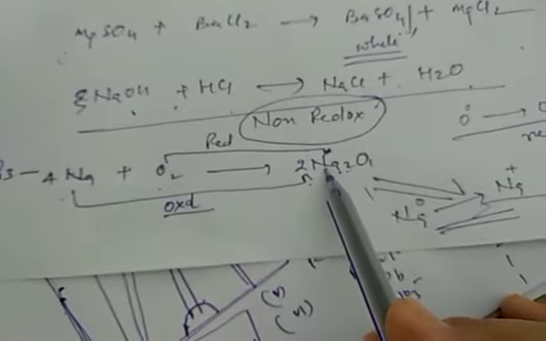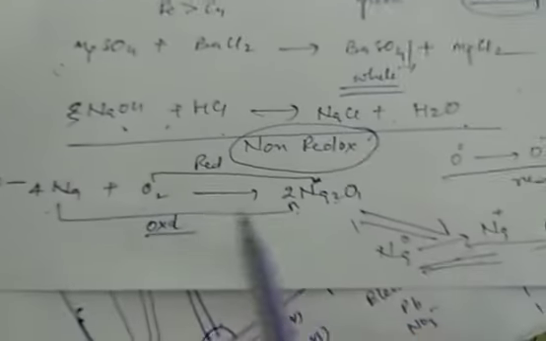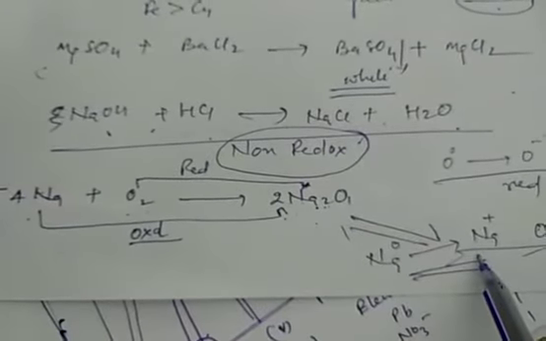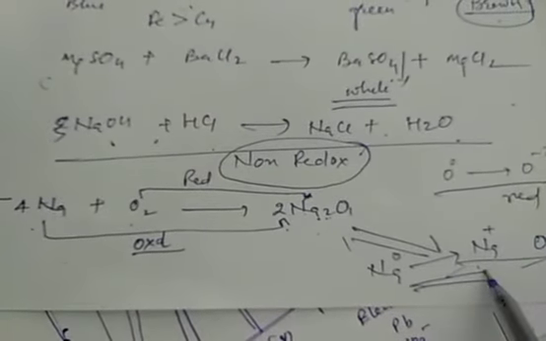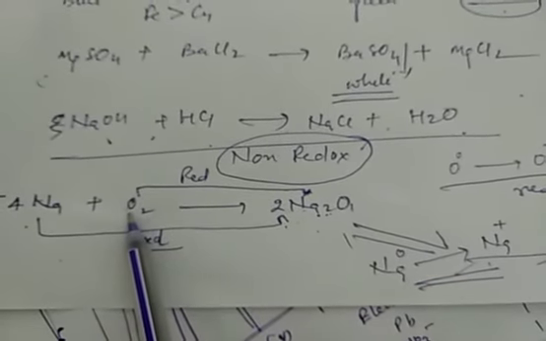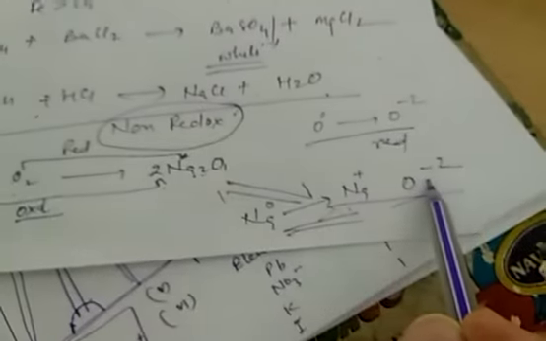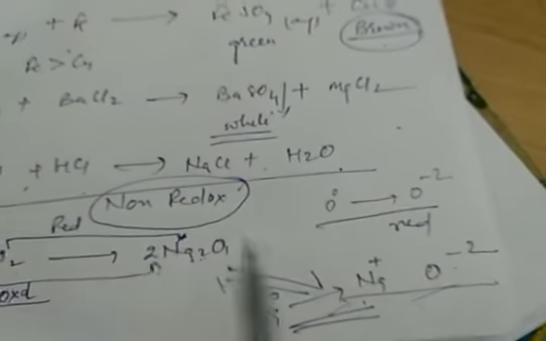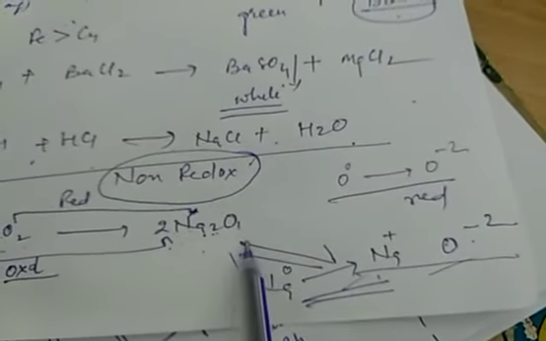Apart from this, you can explain oxidation and reduction beyond your syllabus also. The element that changes into positive valency during the change is the oxidation, and the thing that changes into negative valency is known as a reduction. How can you identify in Na2O which one is positive and which one is negative?